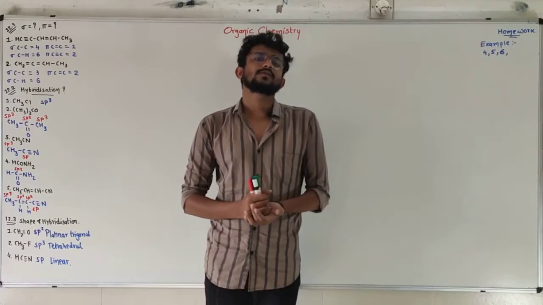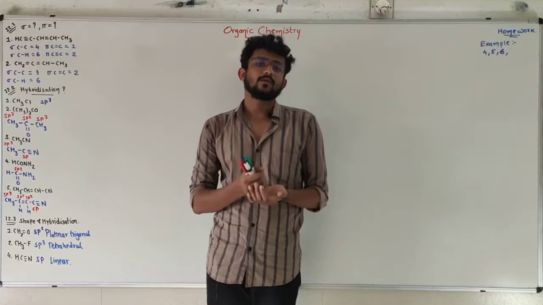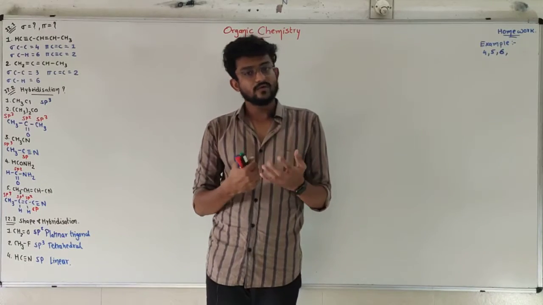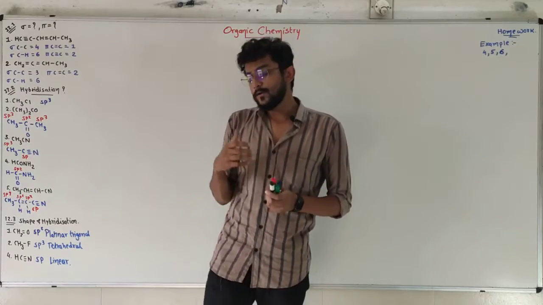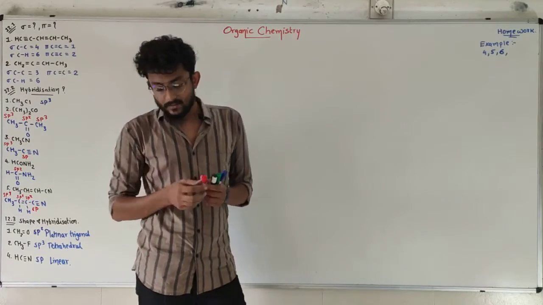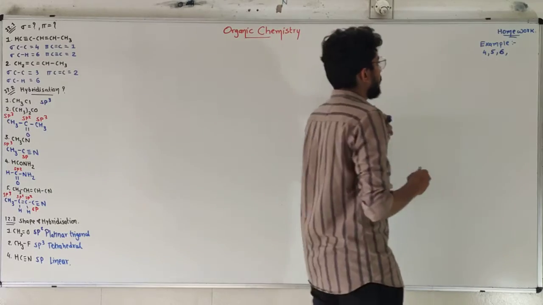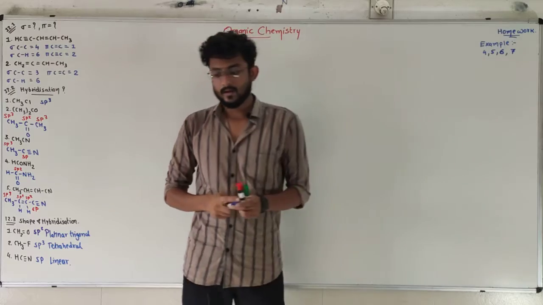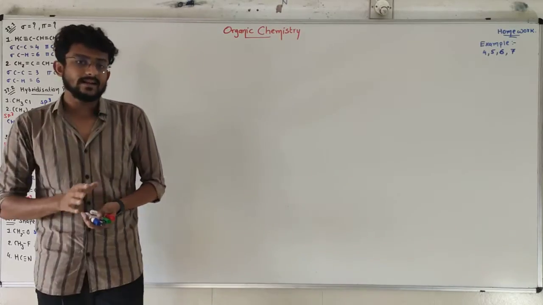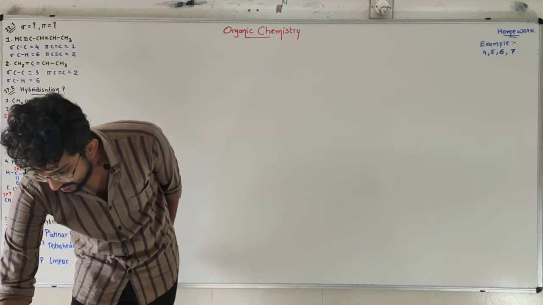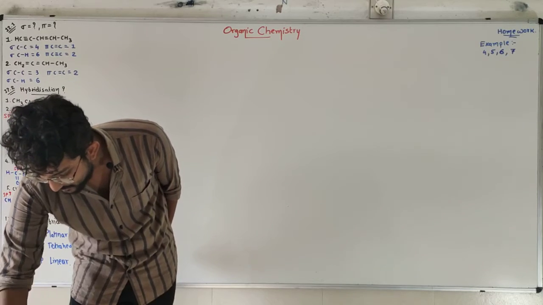Our first rule was find the longest chain. Second rule, give the least number to the branch. So these rules you have to follow and you have to give reasons on the basis of these rules. So that will also be in the homework. Example number 7 is all easy, that's why. After that, example number 8. Okay, this will be important for us.